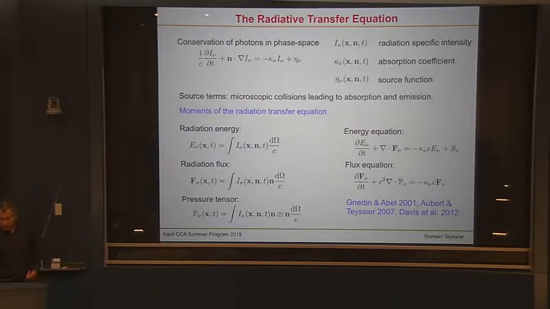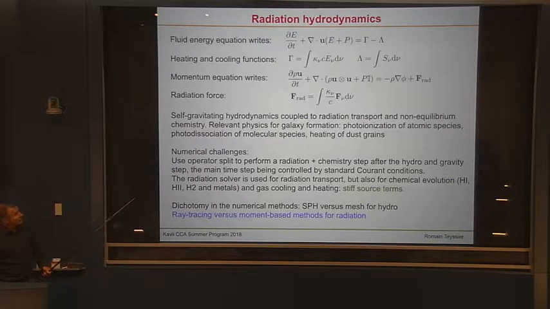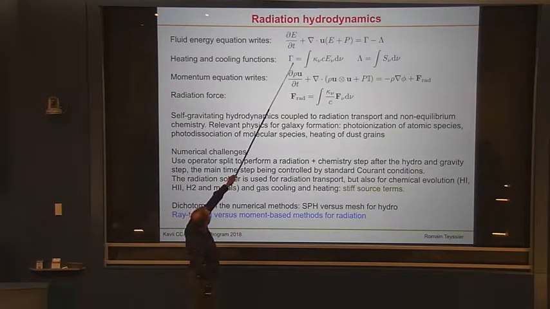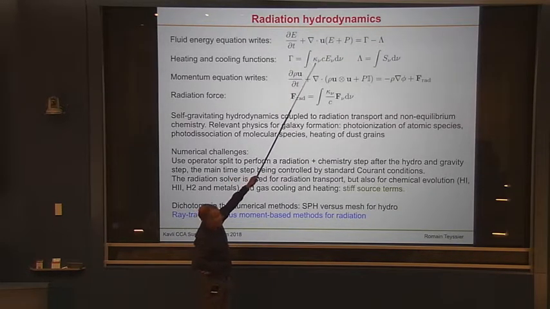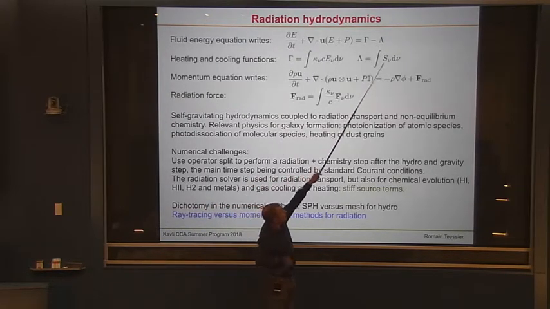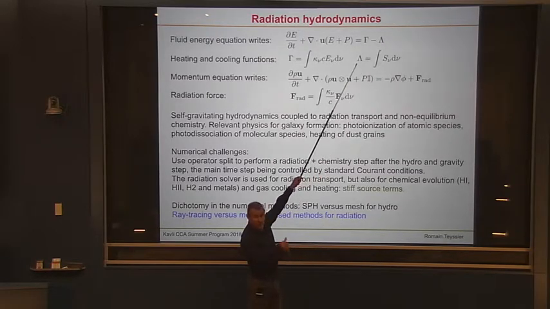Okay. So now, once we have those moment equations, we can actually couple them to the hydrodynamics just by energy conservation. So everything which is absorbed by the radiation is taken away from the fluid, and everything which the fluid is radiating is given to the radiation through the source function. So you can now integrate over the angle and define the heating function here, which is basically the absorption of radiation that will heat the fluid. And the cooling function, that's the emissivity of radiation by the fluid, is basically a cooling term for the fluid.